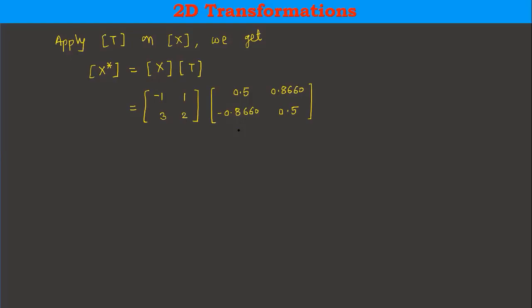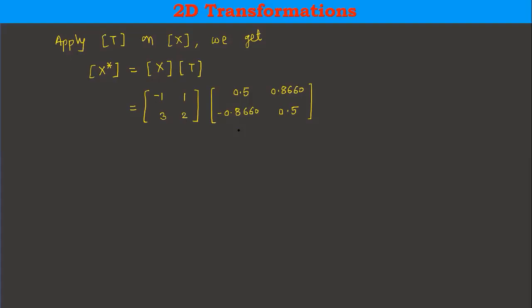After that, it will ask mat A11. That means what is the first row, first column entry? A11 means it is matrix A, and the entry is first row, first column. So what is the first row, first column entry of the matrix X? That is -1. So just type -1 and press equal to again. It will ask A12, that means first row, second column entry. Remember, the first number always indicates the row and the second number indicates the column. So first row, second column, that is 1.